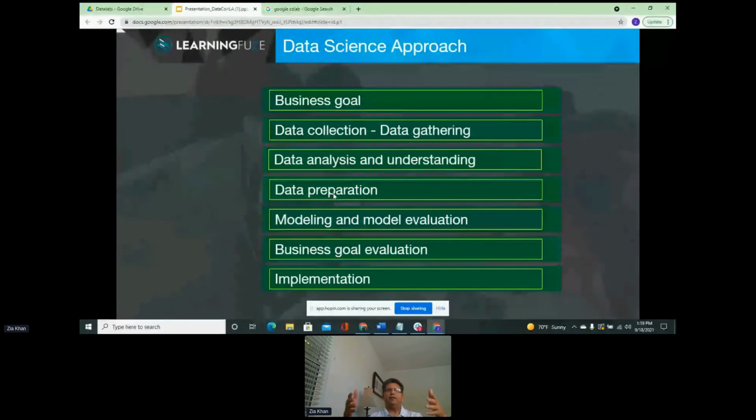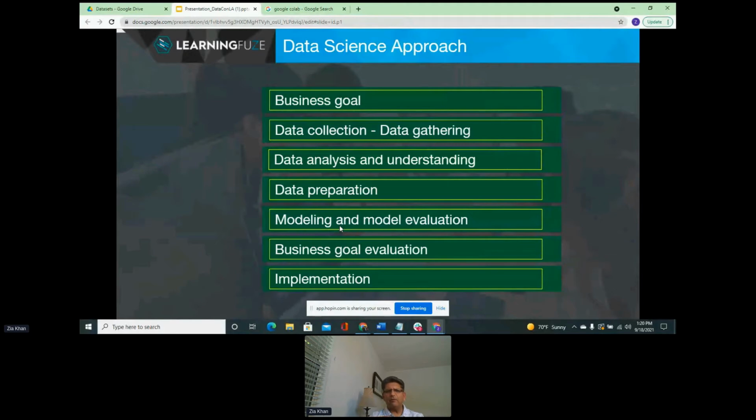So the data could be in many different formats, and you will see in the hands-on piece that when we look at the data, it could be in multiple different formats. So we will prepare the data so that an algorithm can understand it. And once we have prepped the data, we will pick an algorithm, train the algorithm, and come up with a model that does predictions on who has a higher chance of becoming a customer.